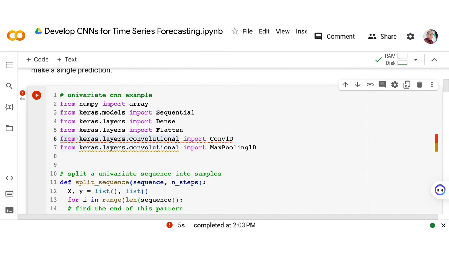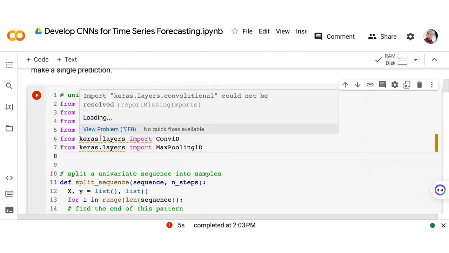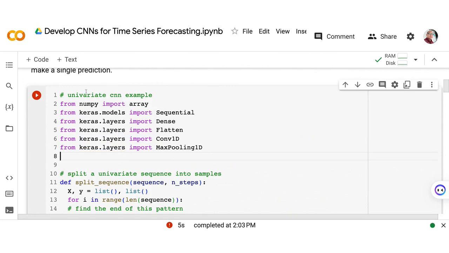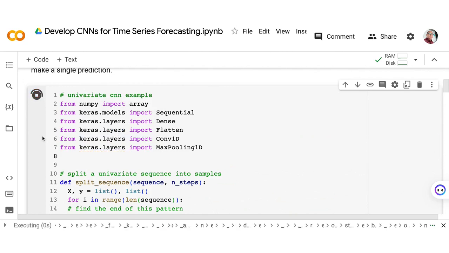So maybe we can import Conv1D. So let's try. The same as this one, we remove the convolutional here. So I don't know if this is the problem. So let's try to run.